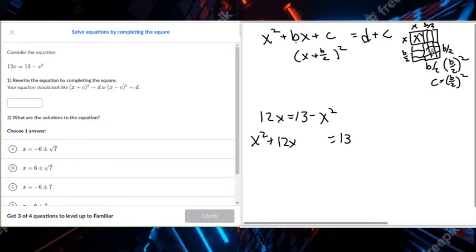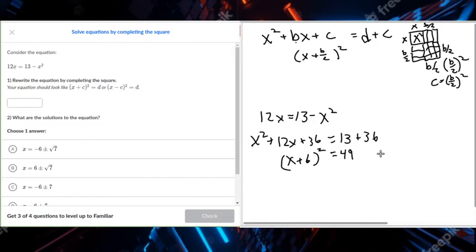And just here, I need to take these 12x's and put half on this side and half on this side. So that's 6 over here and 6 over here. And how many units am I going to have? I'm going to have 6 squared, or 36. 12 divided by 2 is 6. 6 squared is 36. And so that is going to equal 49. And this side is going to be x plus b over 2, which is x plus 6